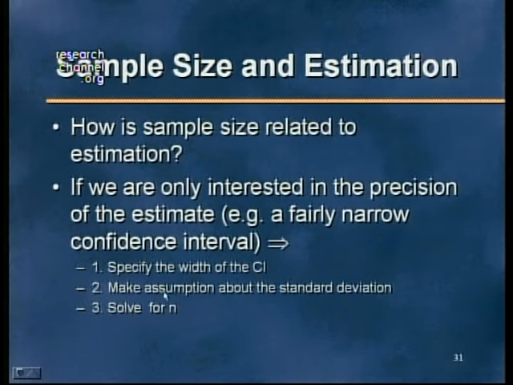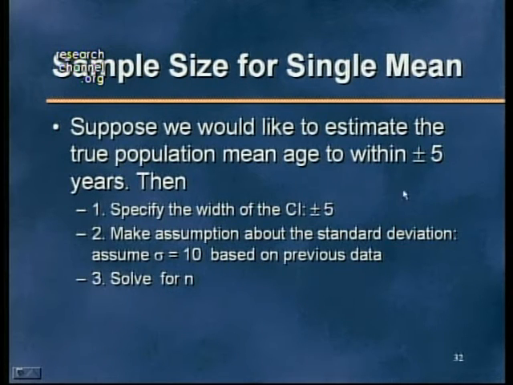We'd make some assumption about the standard deviation based on previous knowledge, either from the literature or from pilot studies, and then solve for the sample size before conducting the study. So suppose that I really wanted in a population to estimate the true population mean age to within plus or minus 5 years. And what I would do is I'd specify the width of the confidence interval as being plus or minus 5, in other words, a width of 10 years. I'd make some assumption about the standard deviation of age in the population. Maybe I could base it on a sigma of 10 years based on some previous study,